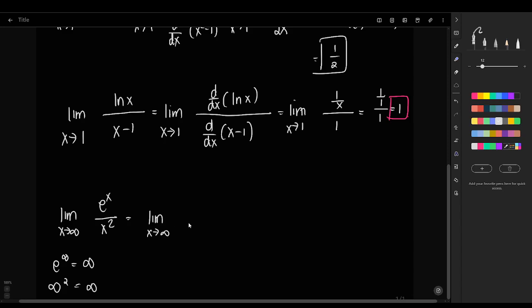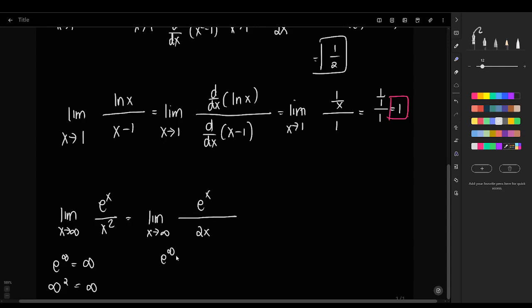The derivative of exponential x is still exponential x. The derivative of x squared is 2x. And so if you plug in here